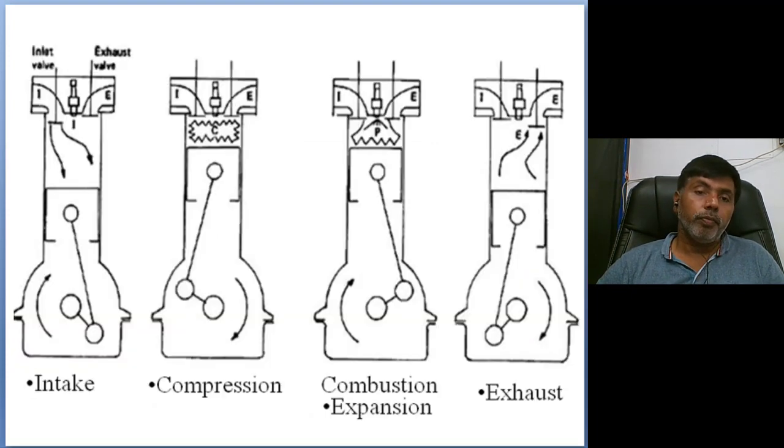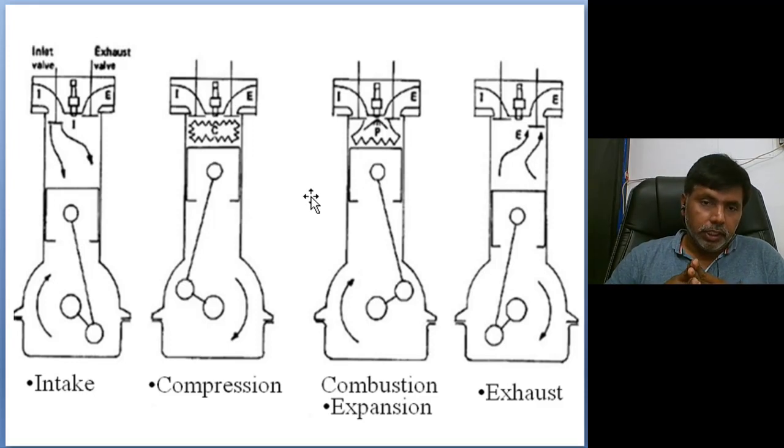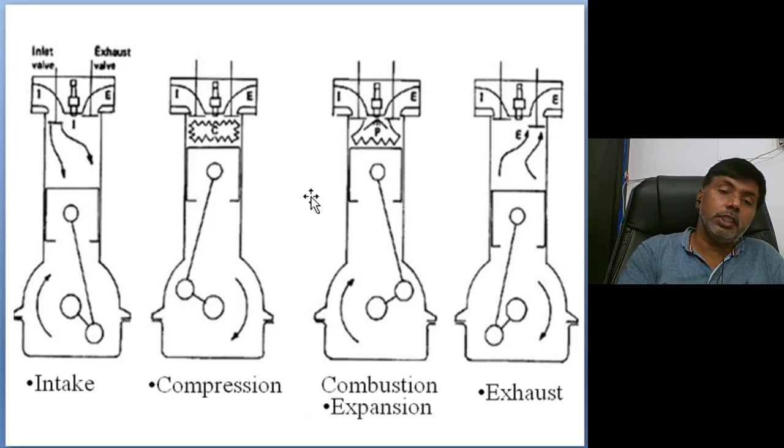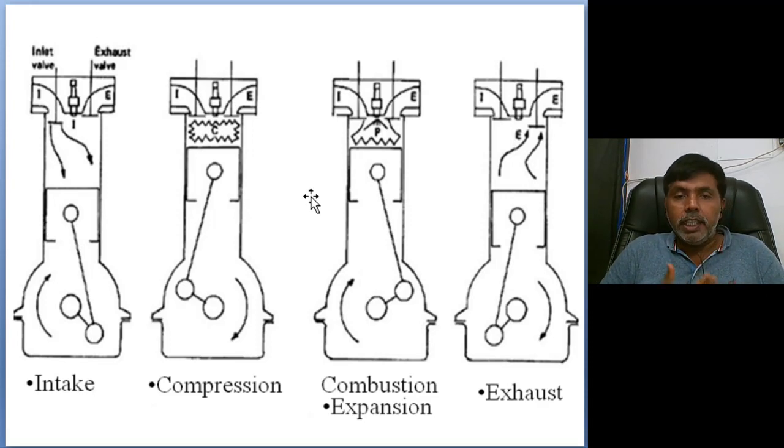Next, move to the air standard cycle. Before that, what is the purpose of assuming the air standard cycle? First, you have to know the actual process. In actual internal combustion engines, the process takes place by intake, compression, combustion, expansion and exhaust. One cycle is completed when these 5 processes are fulfilled: intake, compression, combustion, expansion and exhaust. But theoretically, what is the main problem?